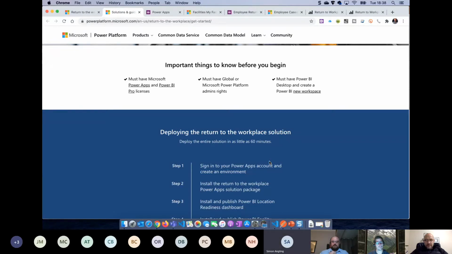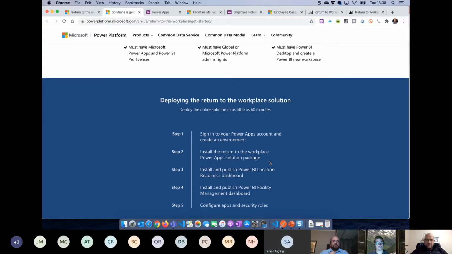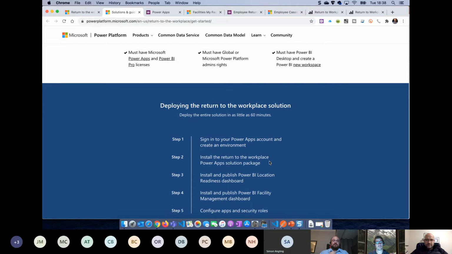Yes, correct. That comes with the E5 SKU, doesn't it? So if you are on Office 365 and you've got E5, then you get Power BI Pro with it. Is that correct? Yes, that's correct. But there is a per app license or the Power Apps premium license that you get as well, if you want to connect to CDS and do model-driven apps and those sort of premium features.